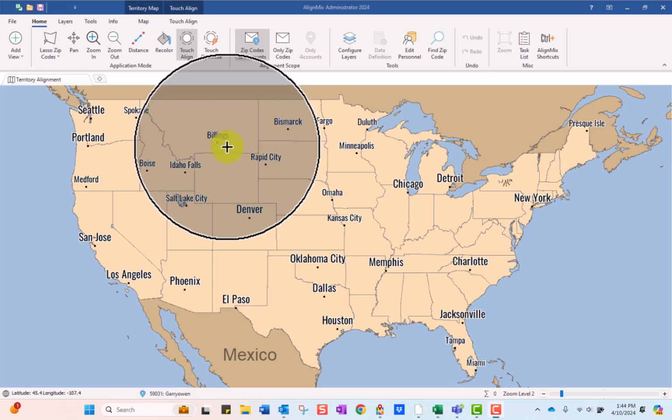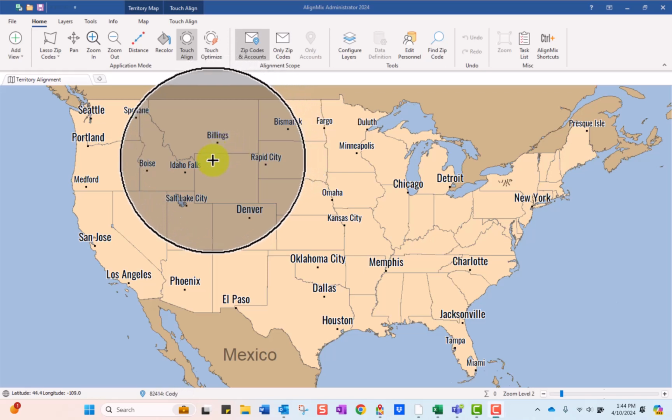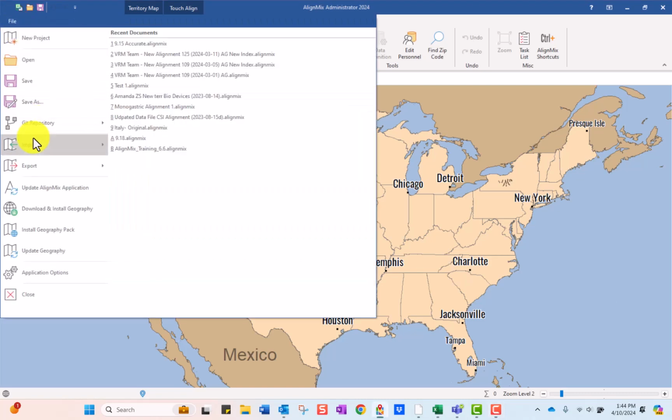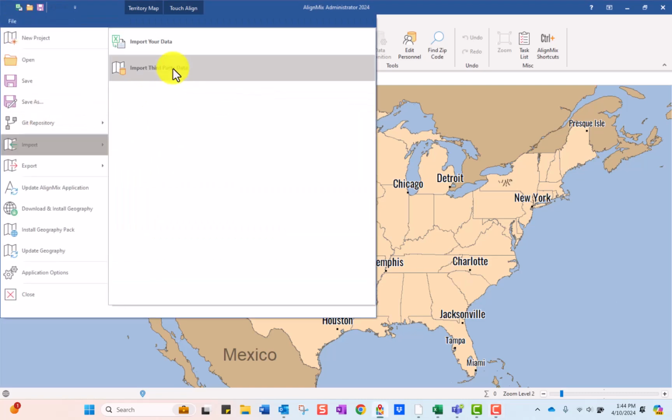In this AlignMix video, we will show how to create territories based off of population data. First, we need to import the population data. We can do so by going to File, Import, Import Third-Party Data,